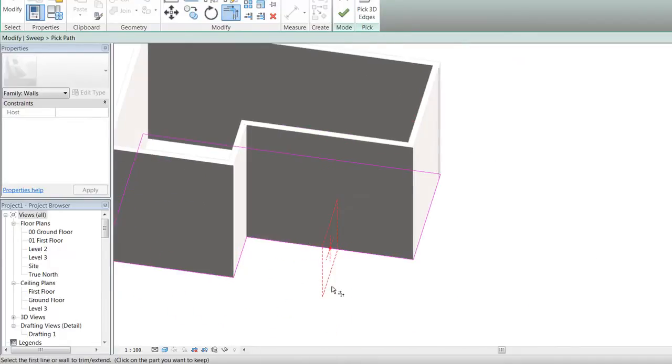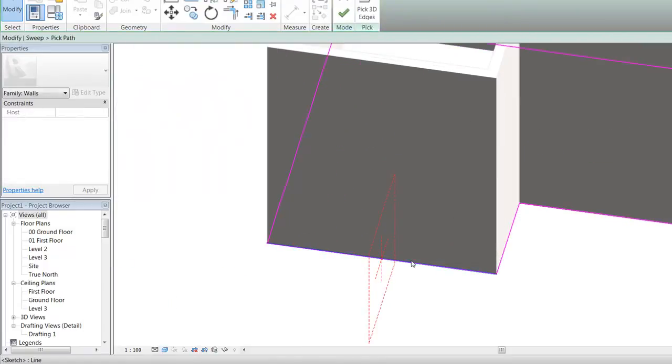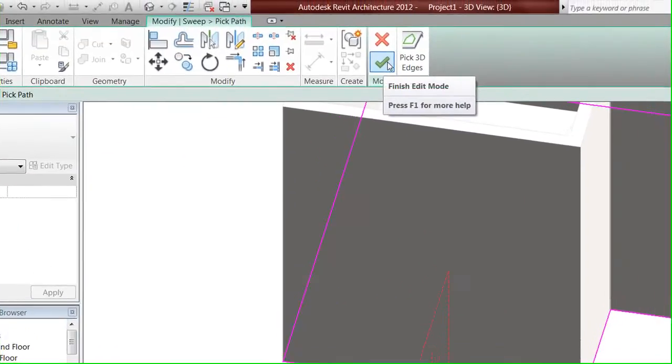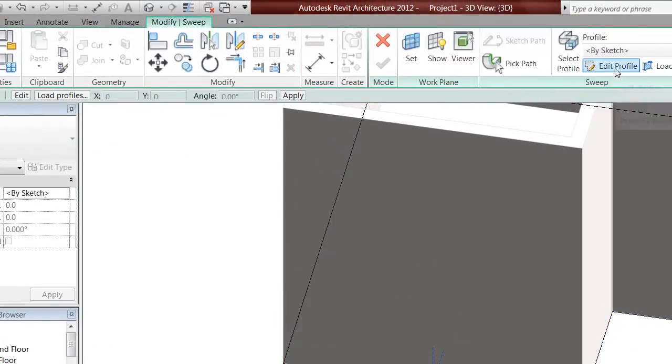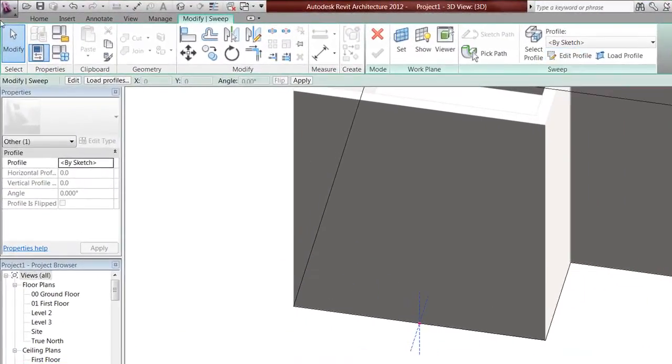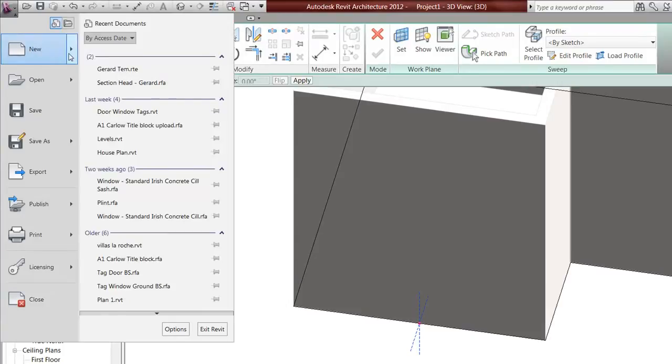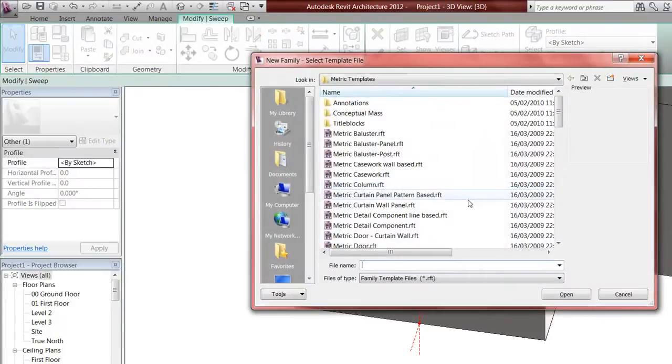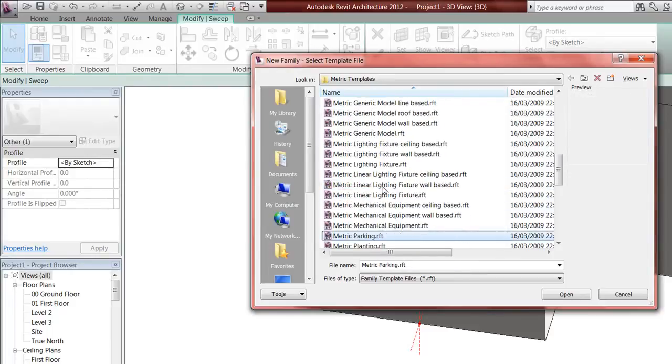If you don't actually like where you have to draw the profile, you can move it. So I move it there. But I want to click finish path. Now we have the option edit or load. But if you edit, you won't have it again. So if you have a few walls and you want the same profile, you're definitely going to want to create a new family and go into profile. So keep going down to profile,